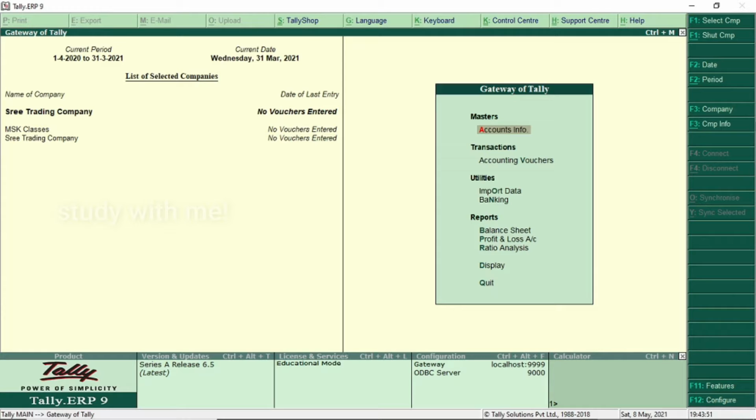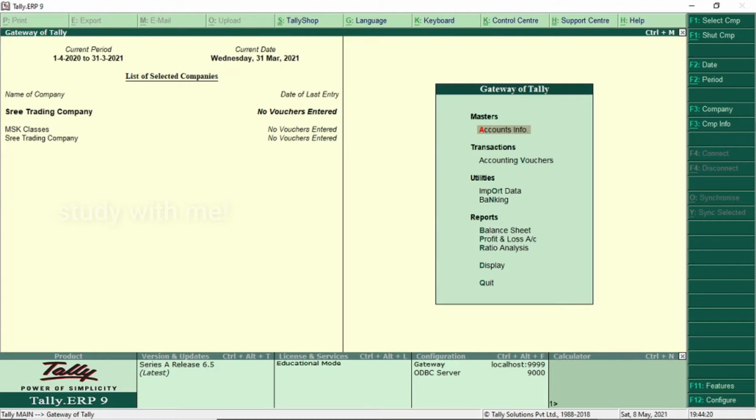A ledger is an account head. For instance, a sales account head is called sales ledger in Tally ERP9. Similarly, a customer is treated as an account head and it is called a party ledger. In Tally ERP9, you can create a ledger specific to your business transactions. For a newly created company, there are two predefined ledgers available in Tally ERP9.